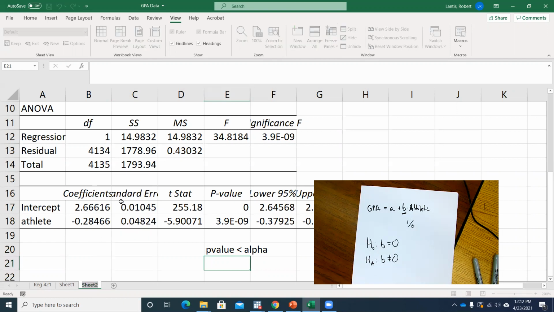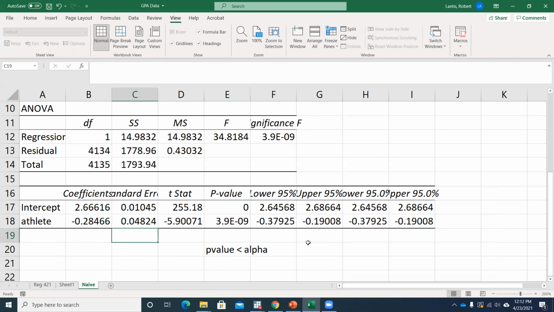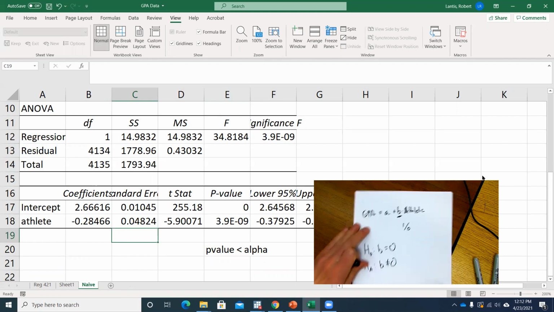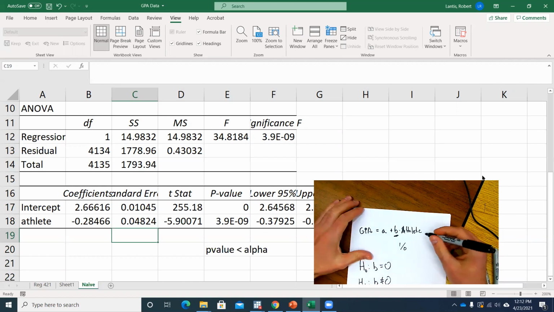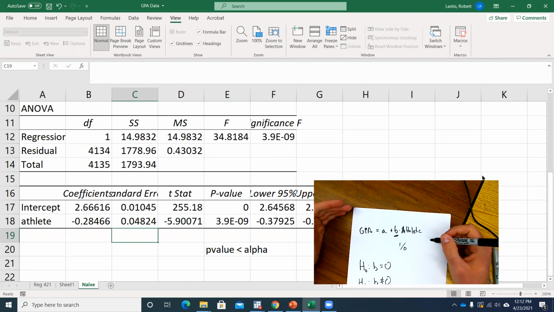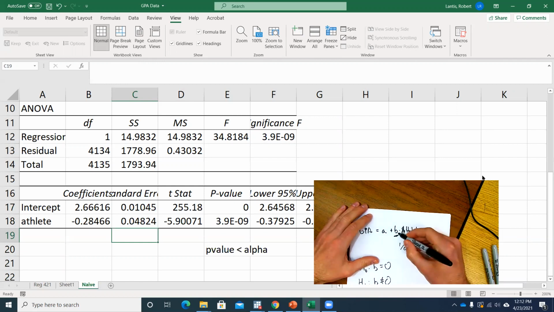Okay. So I'm just going to rename this one as naive, right? Because it's naive to think, well, I'll leave this up here, that being a student athlete is the only thing that matters. And in fact, if we have a data set with primarily Division I programs, you know, their men's basketball and football programs might be a little bit more lenient on the academic standards of athletes. So maybe the intellectual ability of these student athletes varies from the general population. Who knows, right? So what we could then think about is, okay, what if